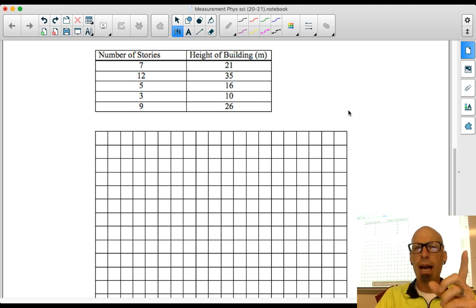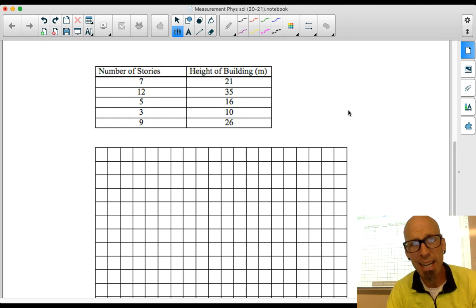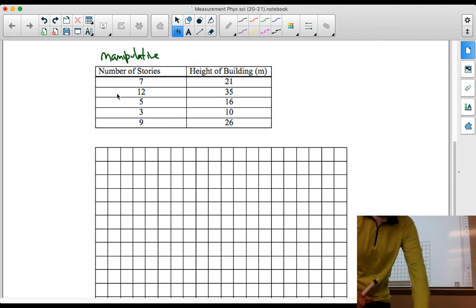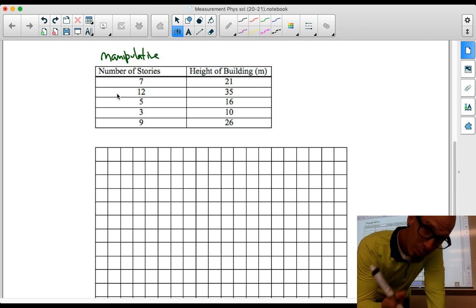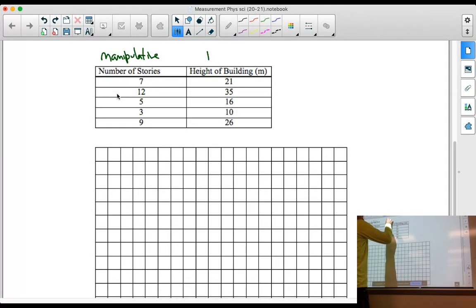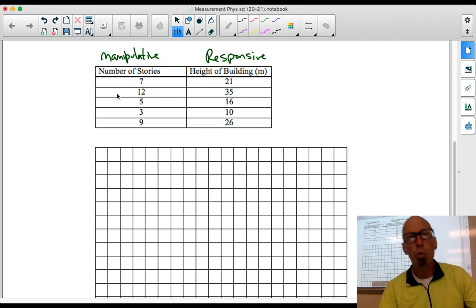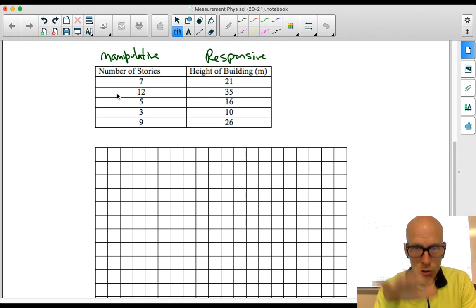I think that's probably what's going to happen, which means in that scenario, which one of these is your manipulative? Which one are you making the decision on? Number of stories. I would say the number of stories is your manipulative. Right there. Number of stories, manipulative. That means that the height of the building has to be what? That's responsive. The building height is going to depend on or respond to how many floors or stories you decided you wanted